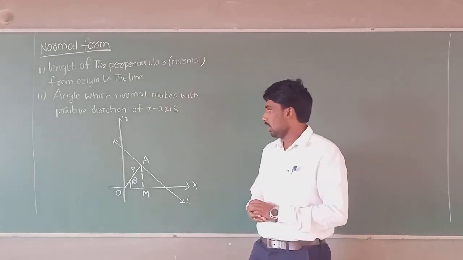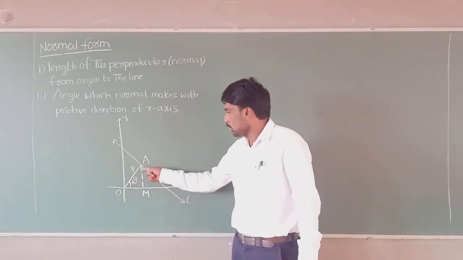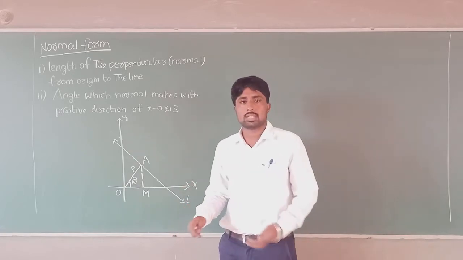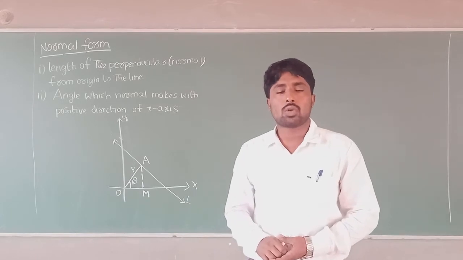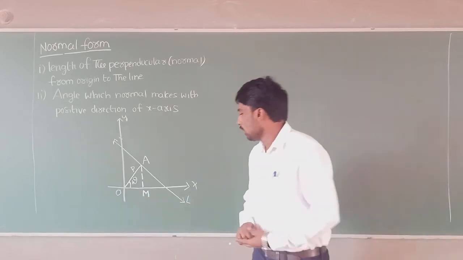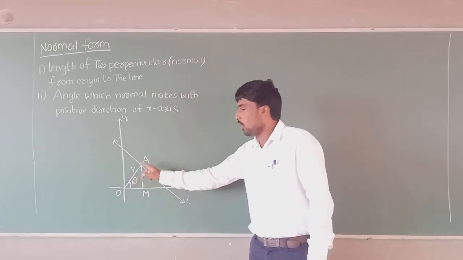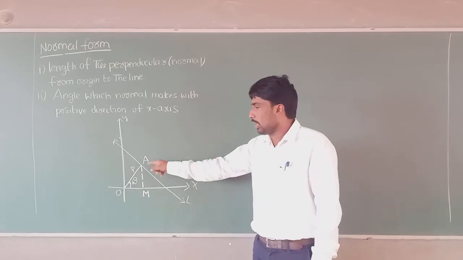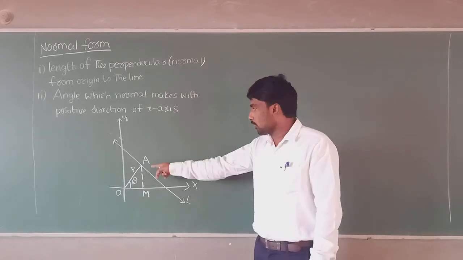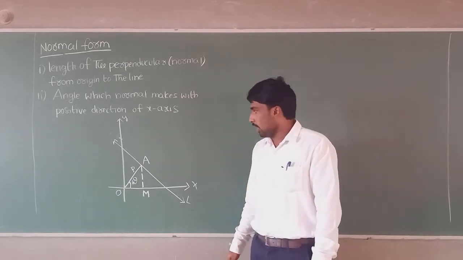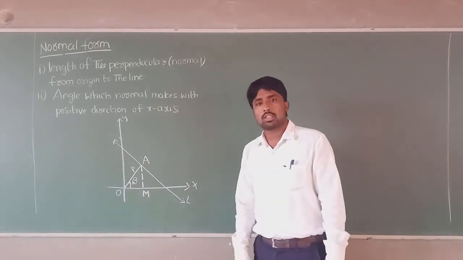If you observe clearly here, this is the line, and this is the other line. So this line is perpendicular to this line. We discussed already, if two lines are perpendicular to each other, their slopes are negative reciprocals of each other. So what will I get here? Slope of the line L equals minus 1 by slope of OA. From that I will find the slope of this line. Next, how to find the coordinates of the point A? For that, by using triangle AOM, I can find the coordinates of this point.